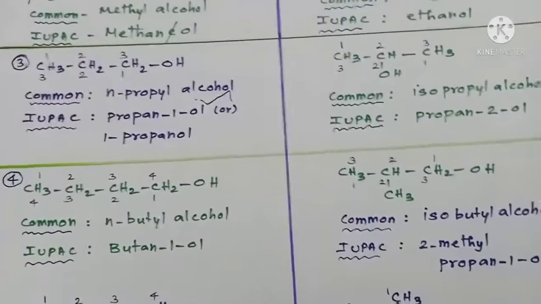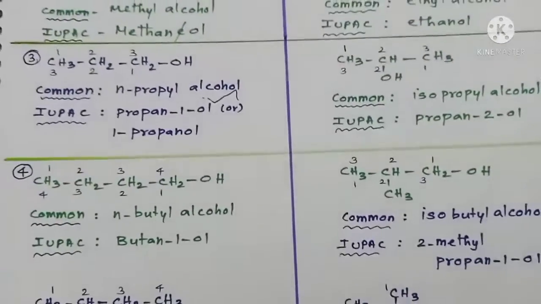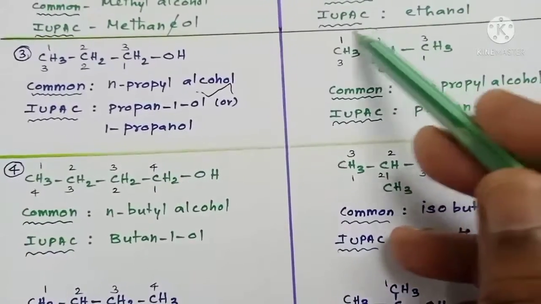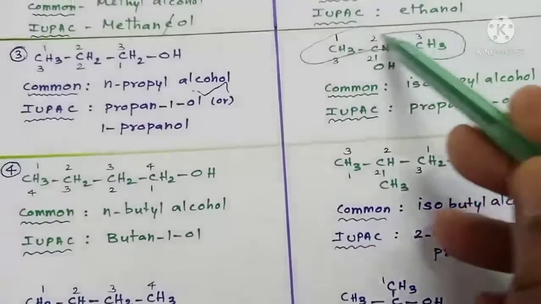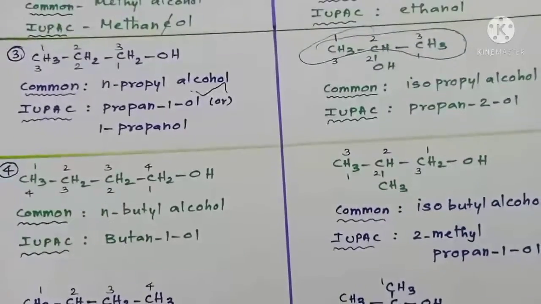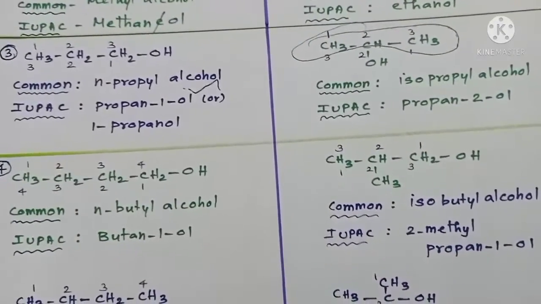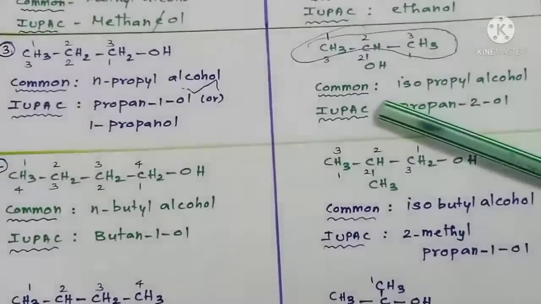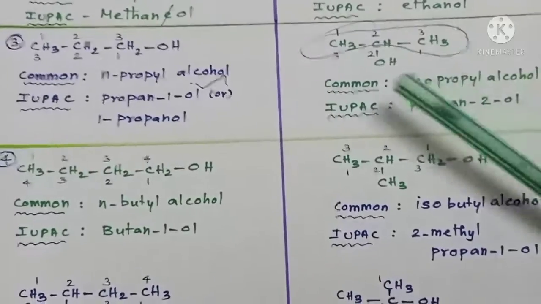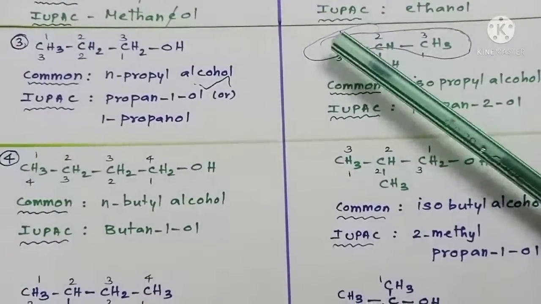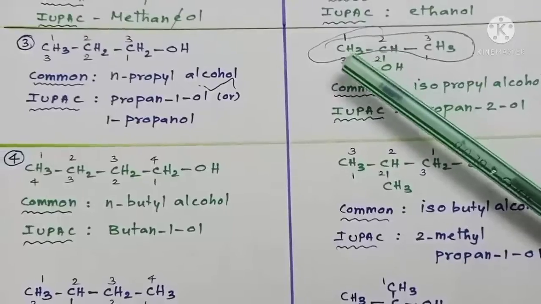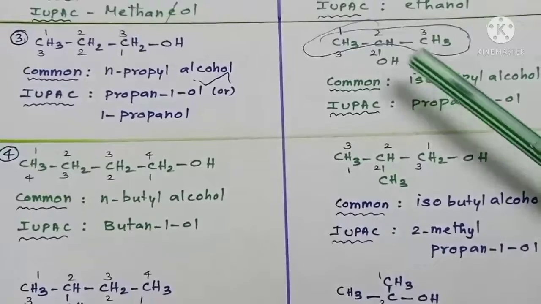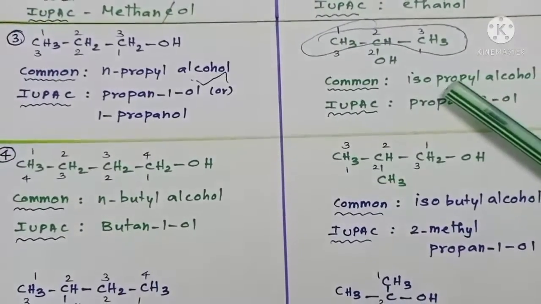This propyl alcohol has a branched structure, isn't it? Generally, this structure, that is CH3, CH, CH3, is generally called an iso structure. So it is an iso compound with how many carbon atoms? 3 carbon atoms. So it is isopropyl alcohol. The common name is given this way. The structure that I have circled, that is CH3, CH, CH3, we normally call an iso structure. Total carbon 3, so isopropyl alcohol.